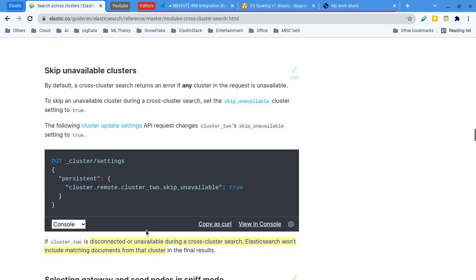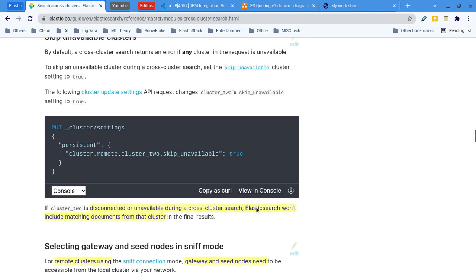Next, skip unavailable cluster. What is skip unavailable? We have configured three remote clusters, and sometimes they may not be available, or may not be reachable. In that case, skip unavailable true means it will not raise any error.